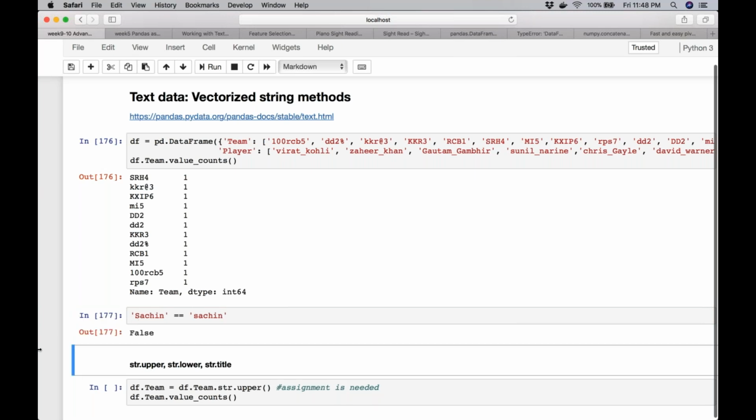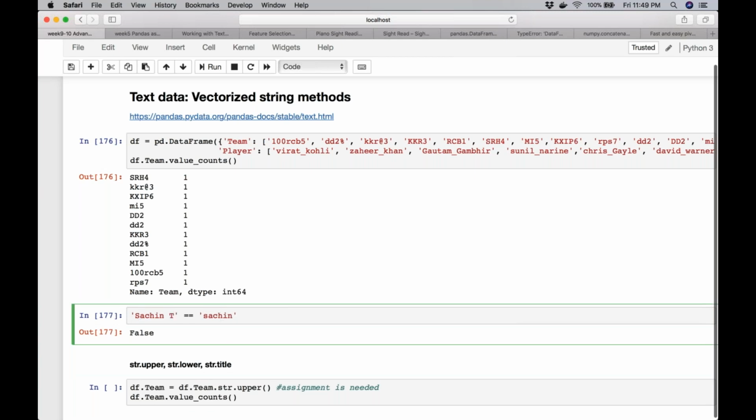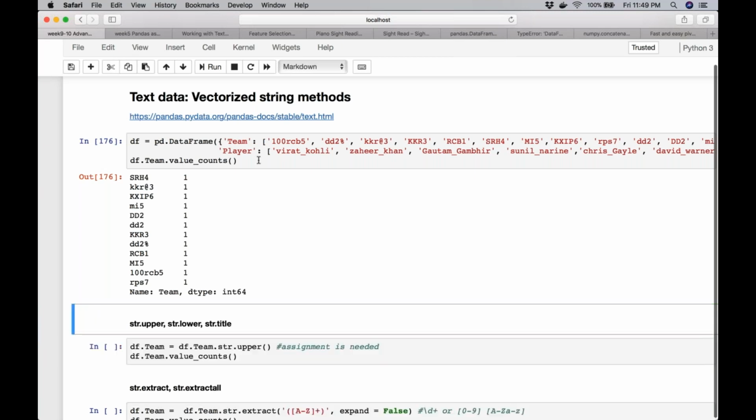It will equate to false because there is a capital S here and there's a small s here. Similarly, even a space has a value. So Sachin Tendulkar with an extra space and Sachin Tendulkar are not the same, correct? Because the space has a value. Similarly, if any character or number is added, it has to be exact. Otherwise, the strings will not match. So that is the reason we are getting this.